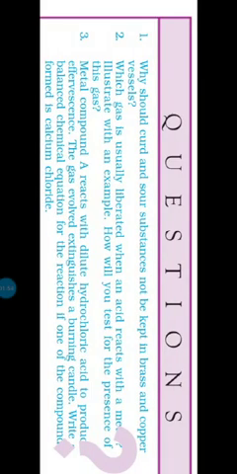Now another problem is, why should curd and sour substances not be kept in brass and copper vessels? We know that copper is a metal and brass is an alloy of metals. And also we know that sour substances contain acids. So if we